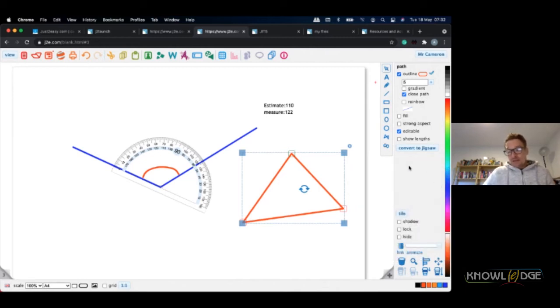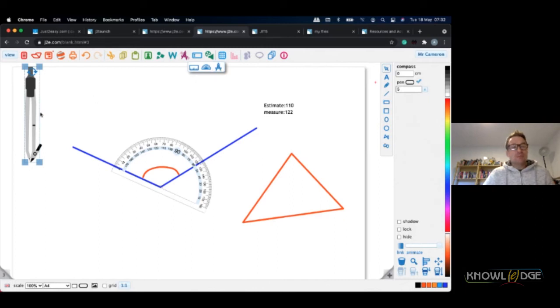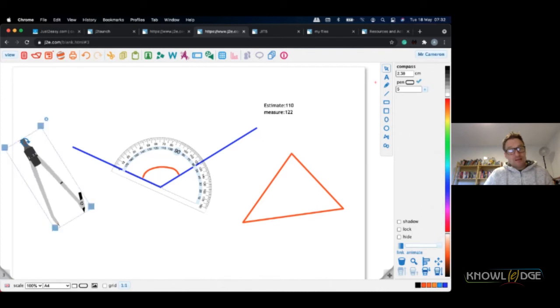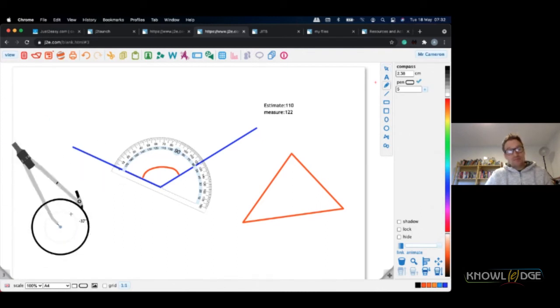So that's the maths tools, but we do go one further with the maths tools and incorporate a compass as well. With the compass, let's just open the compass out, and then we've got an opportunity to draw our circles as well.